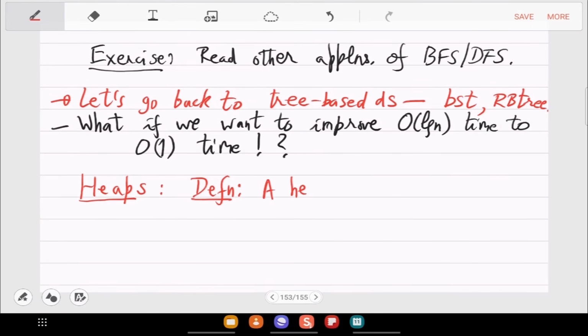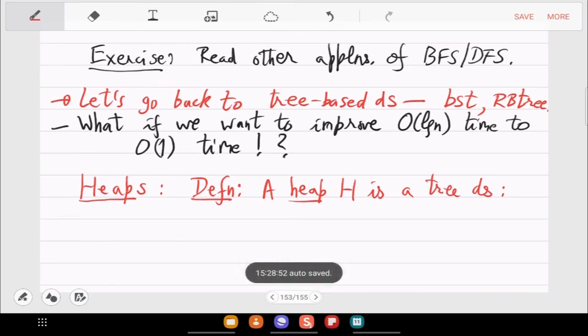So a heap H is a tree data structure. Okay, before that, I should say that constant time access was available in an array, right? So we'll now try to actually combine a tree-based data structure with an array. Okay, so before midsem we went from array to binary search tree, and now we'll try to go back and take a different route.